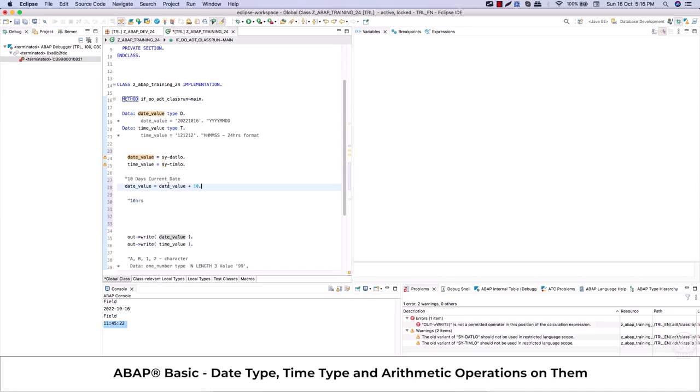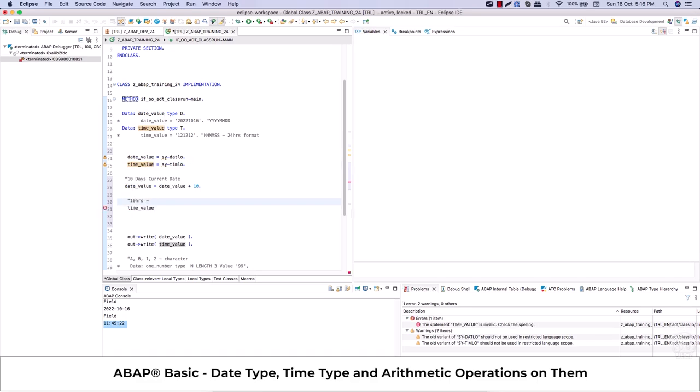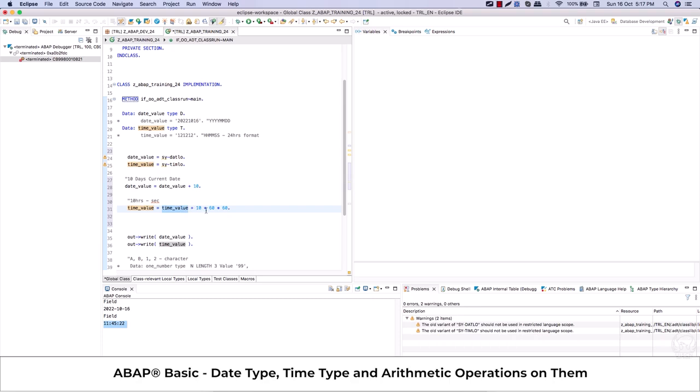It will automatically increase the date by 10 days and show you the date there. And the time value also, the times are to be added or subtracted in seconds. So I will say time value equals time value plus 10, and each hour has 60 minutes and each minute has 60 seconds in it. So I have added 10 multiplied by 60 multiplied by 60, which will give us the number of seconds in 10 hours. So let me save this